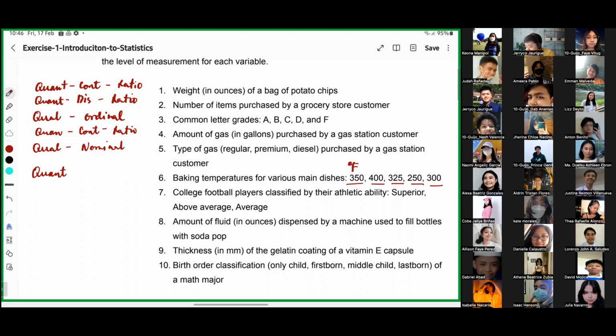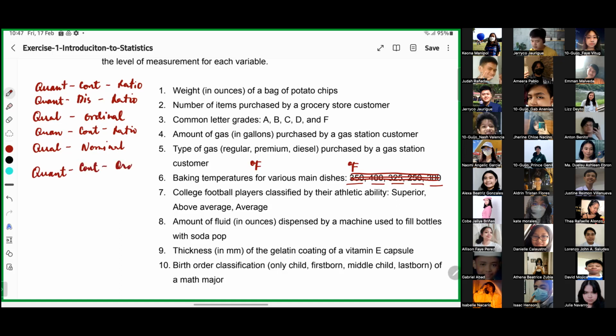Tapos, kaso dapat, continuous. Tama ba? Temperature kasi ito eh. So, ganito na lang. Burahin na muna natin to, para hindi tayo malito. So, baking temperature in degrees Fahrenheit for various main dishes. Sige, go, Julia. Quantitative po. Quantitative, and then sabi mo na, kung quantitative, discrete ba siya or continuous? Continuous po. Alright, it's continuous, and then,